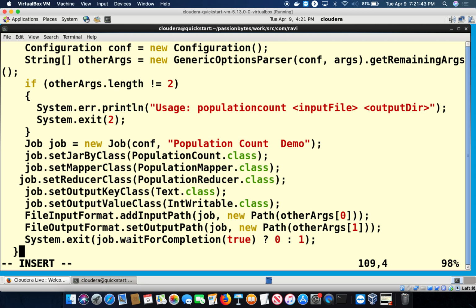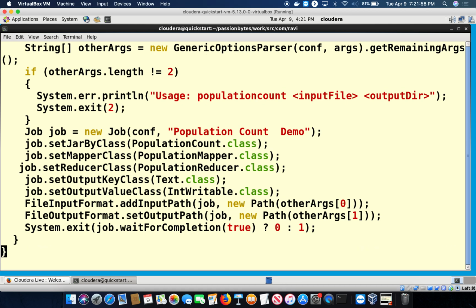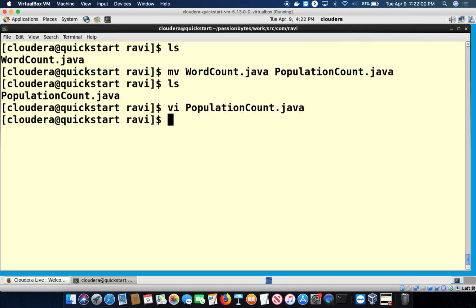And to avoid that, what you did, you converted that string into an integer value. Why did you convert it into an integer value? Because your reducer is taking an IntWritable as a parameter. Right? Now you have completed the program, and the most important thing now is you go back to the place